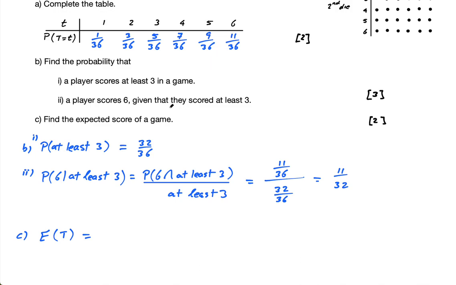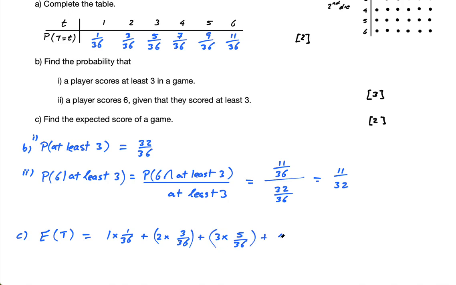That is a formula in the formula booklet as well, but hopefully you know it. So it's 1 times 1 over 36 plus 2 times 3 over 36 plus, you can put these in brackets if you want, 3 times 5 over 36